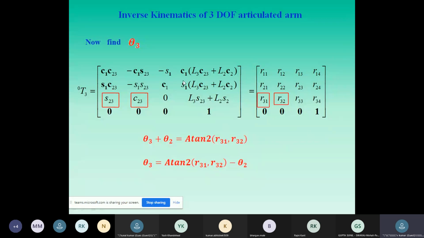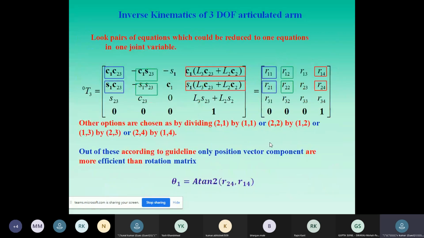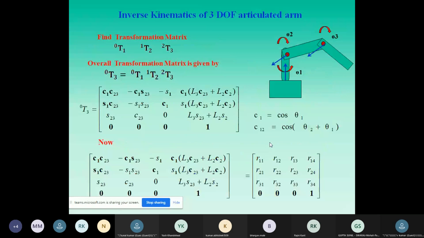If you try that, we will get it anyway from this position vector, on both sides. For theta 3, you can get it, no problem. But here it is very difficult, so we have to take a simple way. And theta 3 is equal to that. And we find theta 1, theta 2, theta 3 from the inverse kinematics method by using the guidelines which have been given.